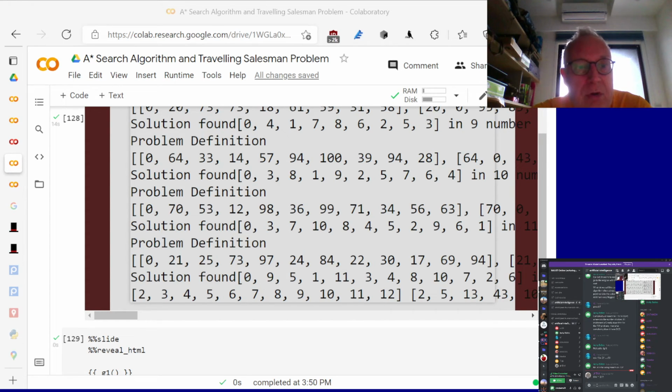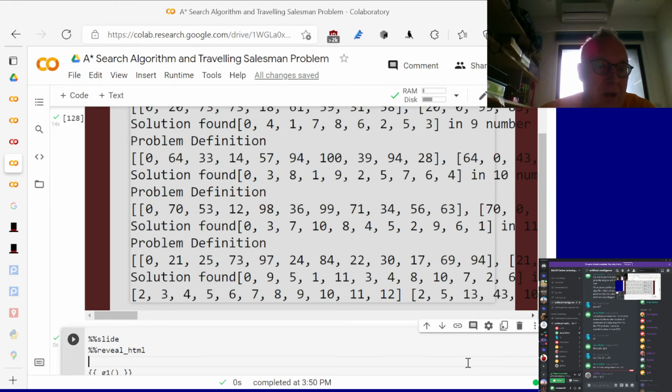Just no hope. So unless you can come up with a much smarter algorithm, if you do have the complexity of factorial, then